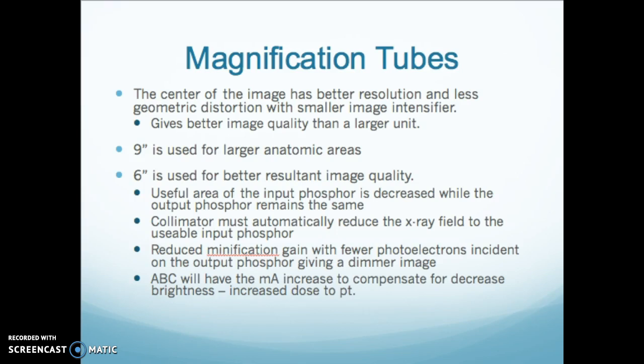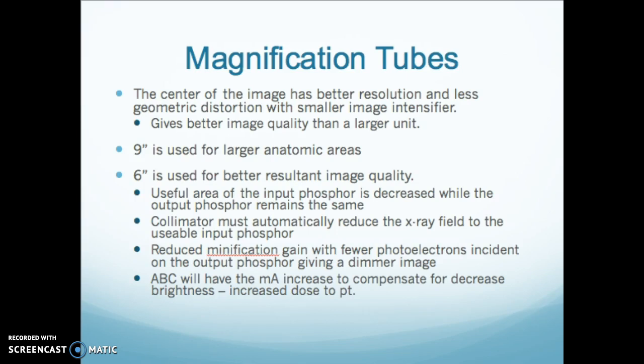So the center of the image has better resolution and less geometric distortion with smaller image intensifiers. So it gives a better image quality than a larger unit. 9-inch is used for larger anatomic areas, and a 6-inch II is used for better image quality. So its useful area of the input phosphor is decreased while the output phosphor remains the same. The collimators are automatic to the 6-inch